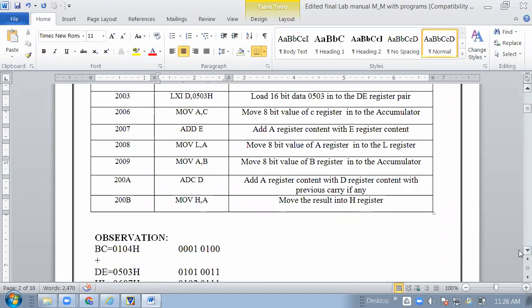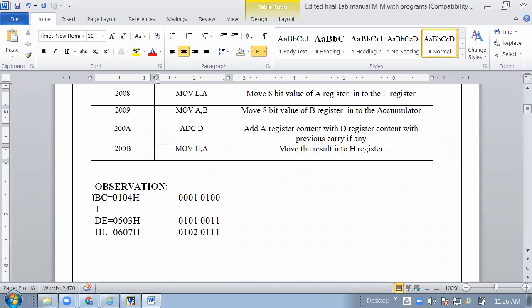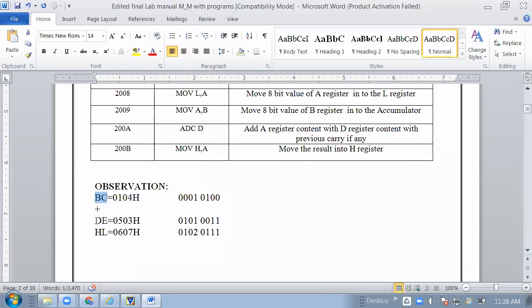So BC is a 16-bit register you have to create, D is another 16-bit register you have to create, and store the result into HL. L contains the 07, and H contains the 06.